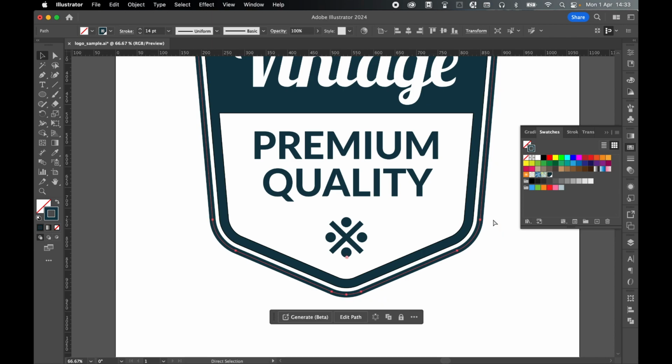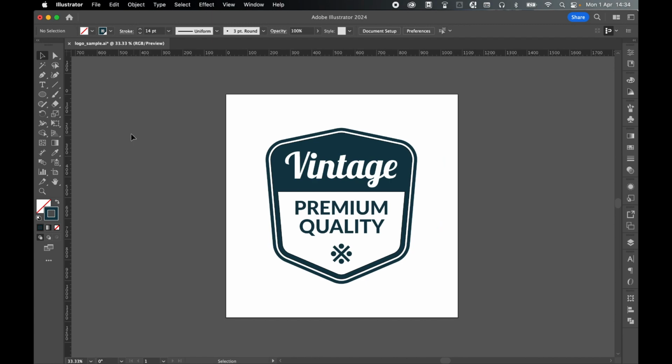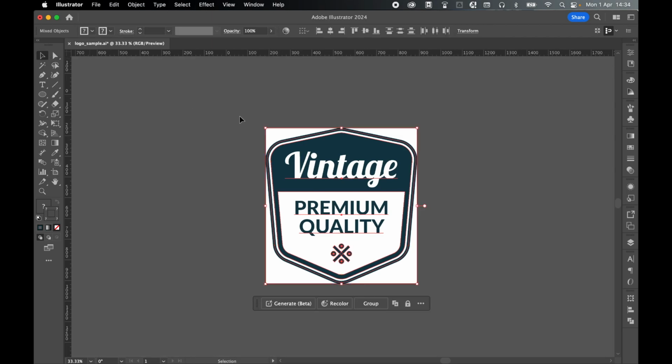the color accordingly. And if I come to my layers panel, I can keep this background layer if I like, or I can get rid of it. It doesn't matter, but make sure it is checked off when you go to export. And now that we have our logo, we go through the same process. So select everything with the selection tool, Artboard, come to Fit to Selected Art, selection tool to come back out, and